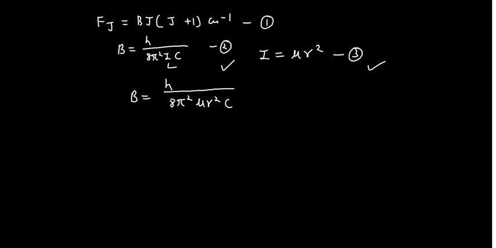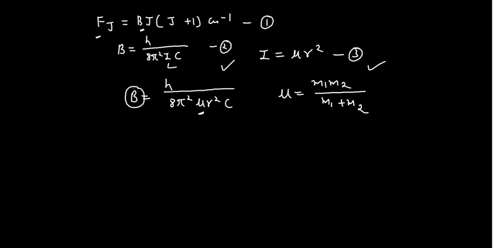So what is the meaning of that? If the mu increases, then this B decreases, because they have an inverse relationship. When B decreases, then definitely this rotational energy also decreases. And why does this mu increase? See, mu is what actually? Mu is your reduced mass, which is M1 multiplied by M2, if you are talking about the heteronuclear diatomic molecule, divided by M1 plus M2.